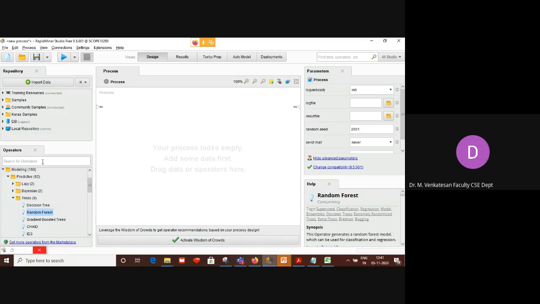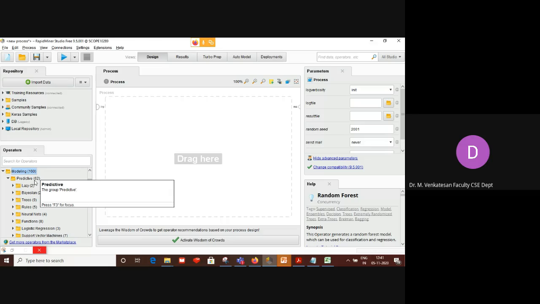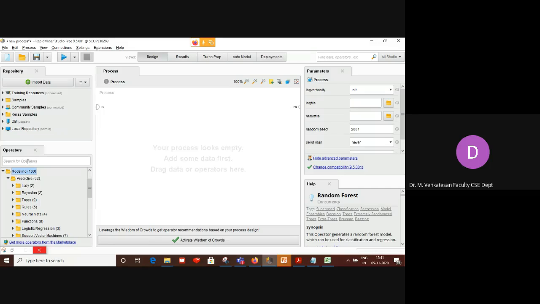Before going to that, all these data science or machine learning techniques are in the modeling operator. You can see it under the operators. I hope you are able to see this modeling. There are 160 operators. You just click that and you can see predictive models. All this classification or regression is called predictive models.